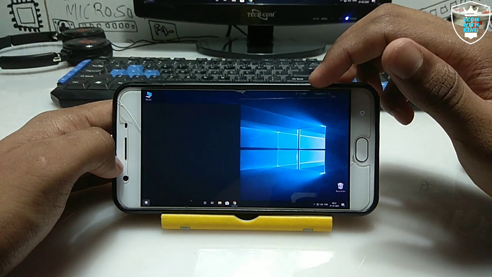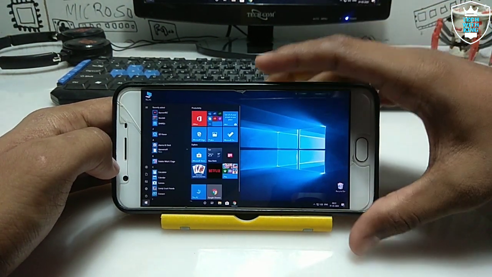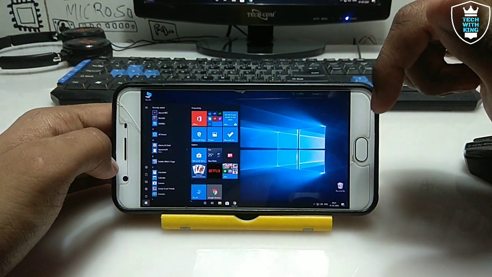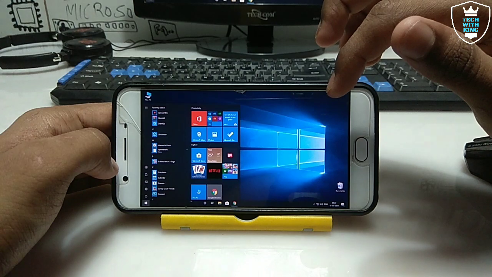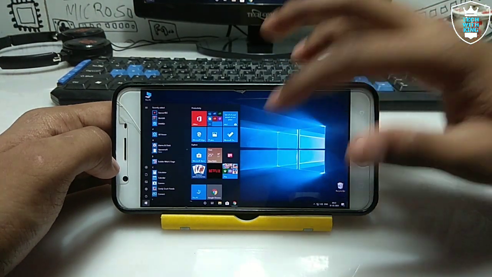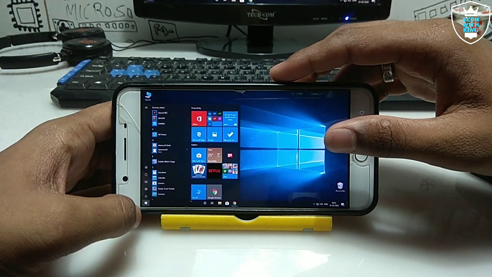It is very slow at this time because of the internet connection. The speed of this casting depends on your internet speed. Make sure you have a good internet connection. At this time my internet connection is slow, so it will totally depend on your internet connection. So as you can see,